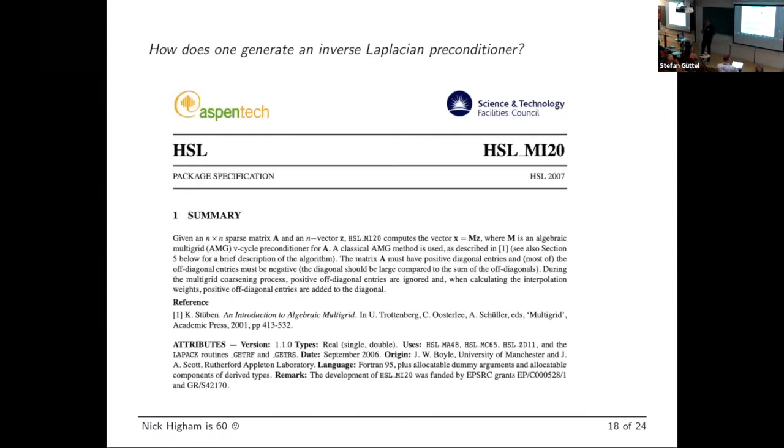You need some kind of algebraic multigrid. So again, built into IFISS is an algebraic multigrid preconditioner, which gives you spectral equivalence to the inverse Laplacian with order n work. To effect the action of the preconditioner, you only do order n operations. That's essentially the number of non-zeros in the matrix. This code was developed by Jonathan Boyle, Jennifer Scott's also here. It was developed actually in IFISS, but then implemented in real life in Fortran in this routine HSL_MI20. So that's another thing you get in IFISS. So how does it work?